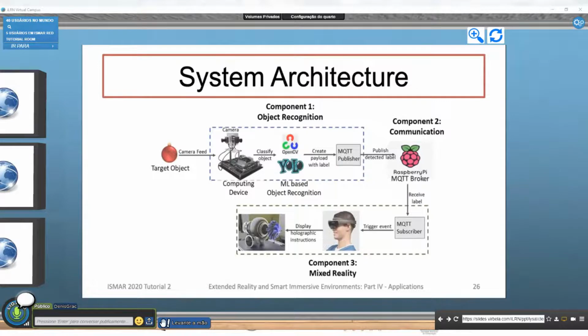Then the Microsoft HoloLens device can subscribe to those labels, to that information, and display corresponding information and instruction. So the particular case study